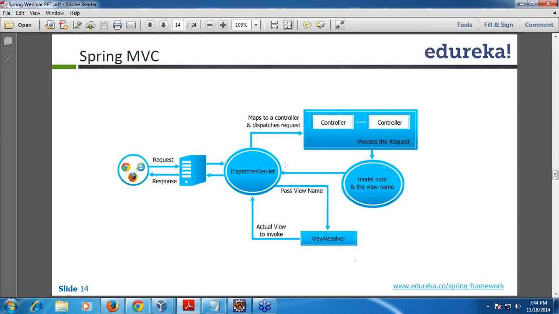Once it sends back which view, the dispatcher servlet again uses a resolver, the view resolver we call it, to present it in a nice fashion, maybe with JSTL or JSP applications, any UI. That will be integrated in the view resolver itself. So based on the view returned from the controller, the dispatcher servlet maps it to the resolvers, and the resolvers show the integrated UI and the final result to the browser. So this is the basic flow and these are the main architectures. I know it's a lot of theory today; let me explain in practical, and you will all understand very well, right?